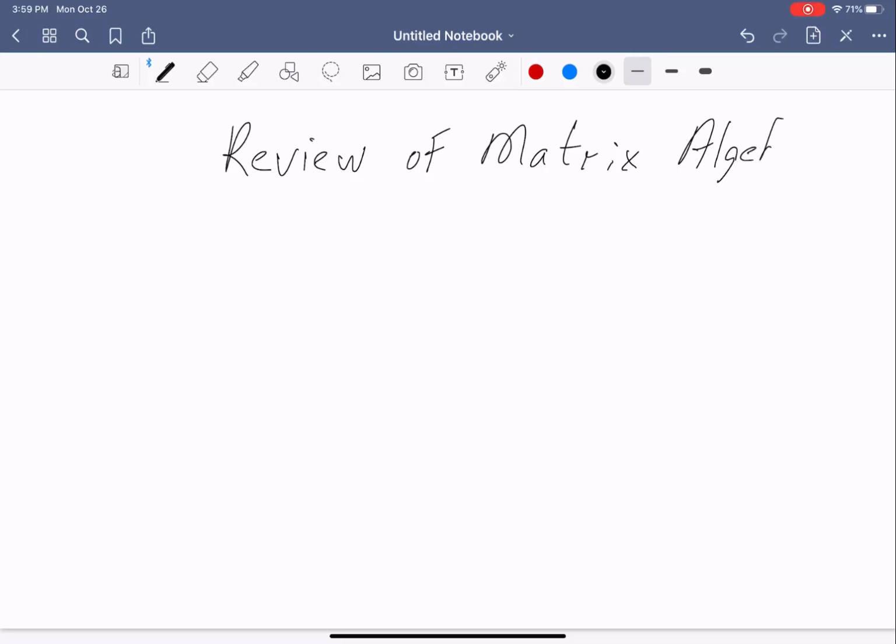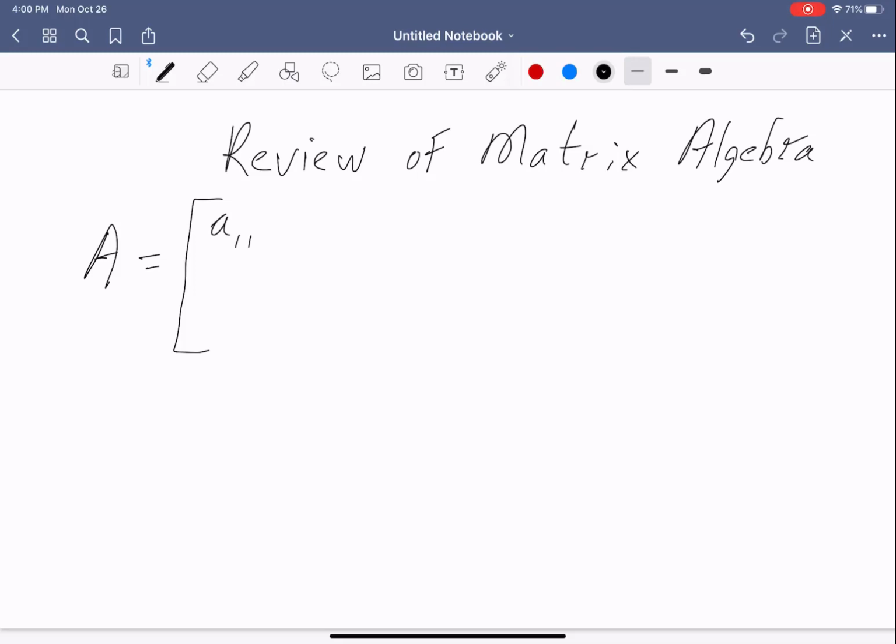Now I realize that some of you have done this before, but given the complaints that I've had from other instructors in econometrics that students are not always well prepared, I decided that this is one of the things I want to do. All right, let's start with a matrix A, which is given by, or we write it like this, with